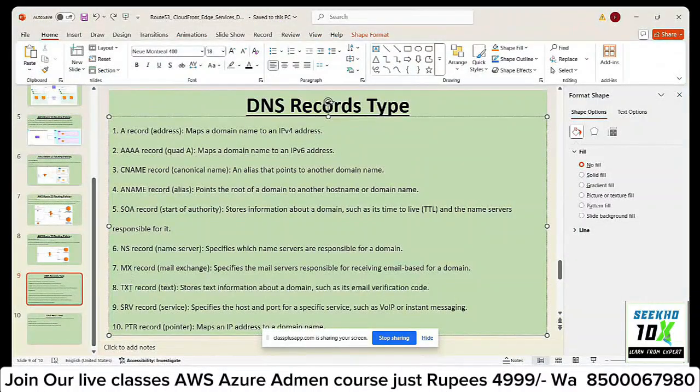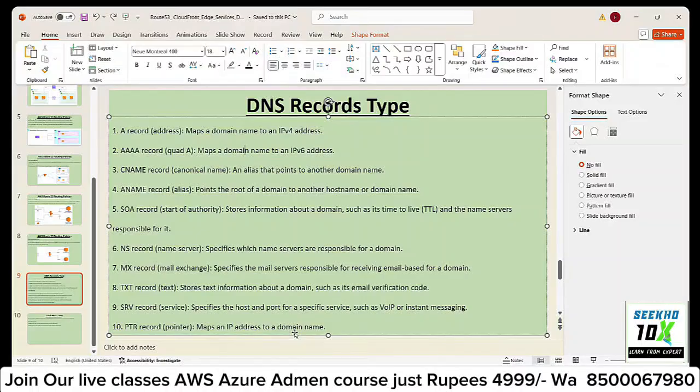Next is our TXT record, SRV record, which is a service record, and PTR record, which is a pointer record. As I said, there are two types of zones, forward lookup zone and reverse lookup zone. The reverse lookup zone is mapped with a pointer record, and the forward lookup zone will have an A record.